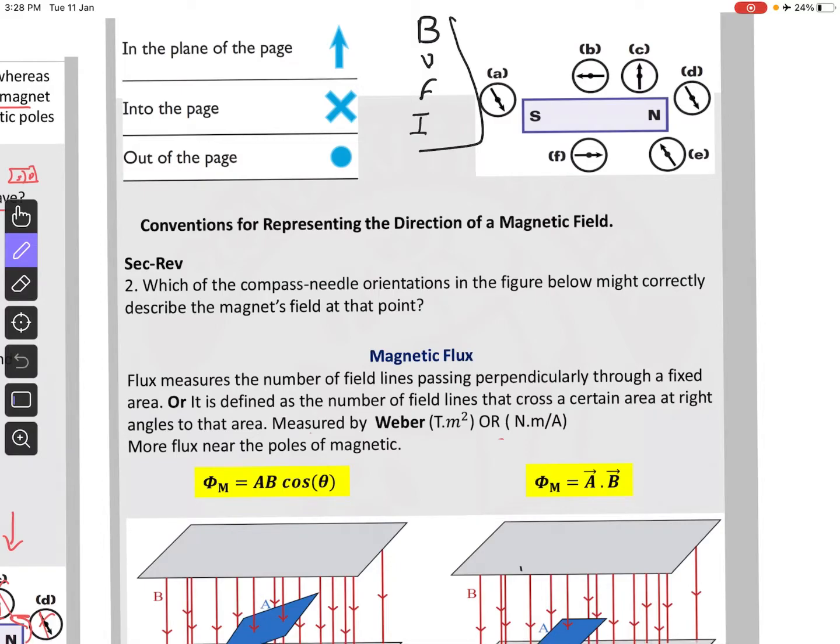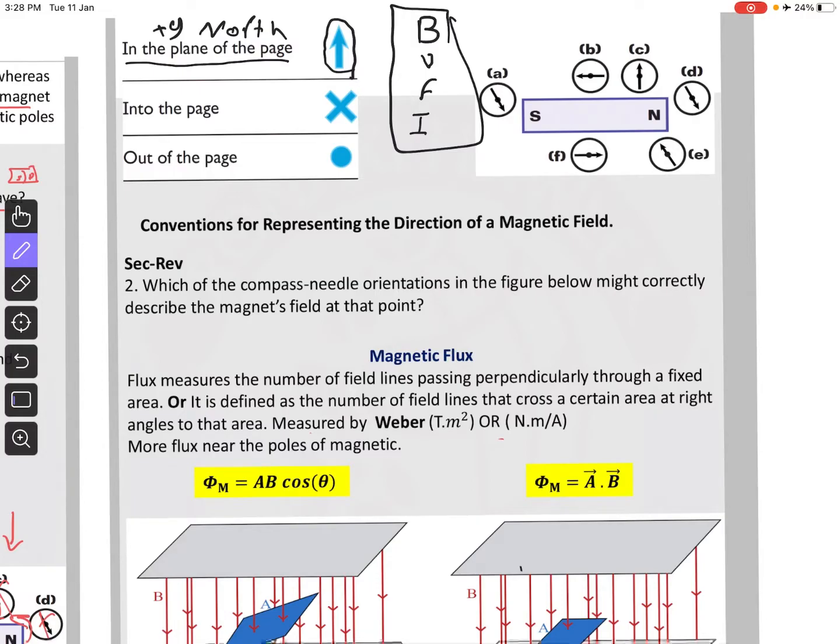Now in this book we're going to use some signs. You should know this arrow, you know already, if it points up, it means it is in the plane of the page. It means to the north. Okay, it means positive y. But if I change the direction of the arrow, you know which direction it is. But it is not two-dimensional. It's not only x and y coordinates in this chapter we're going to study. We will have x, y, and z